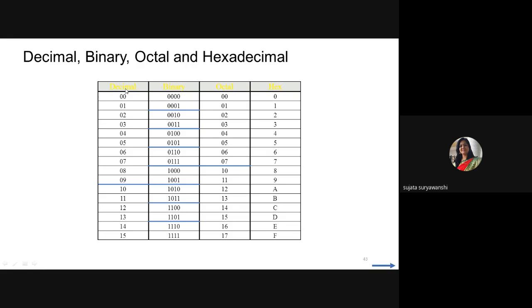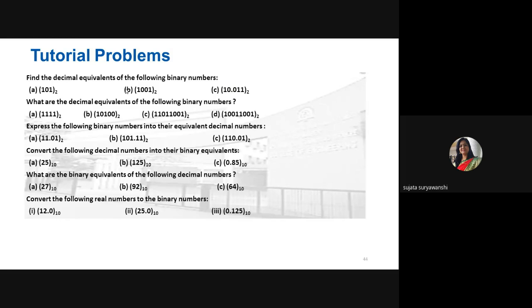Okay. So if the given decimal number is there, then you can easily find out any binary number, any octal number, or any hexadecimal number, as we have already seen the conversion from decimal to all the number systems. Okay, decimal to any radix or any base. So here, this is only the comparative study.